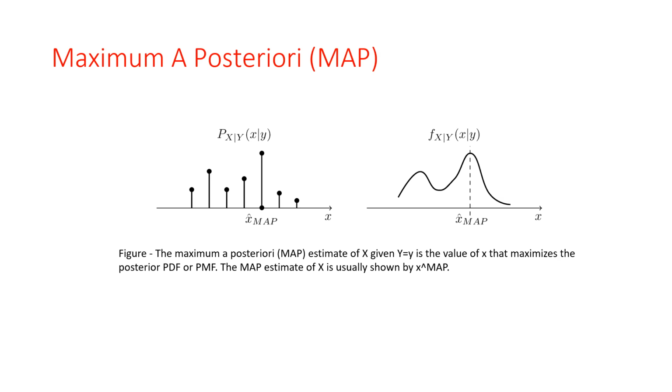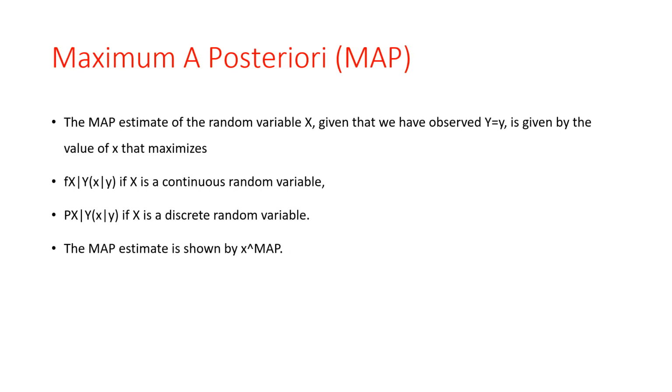So the maximum a posteriori estimate of the random variable X, given that we have observed Y equal to y, is given by the value of X that maximizes